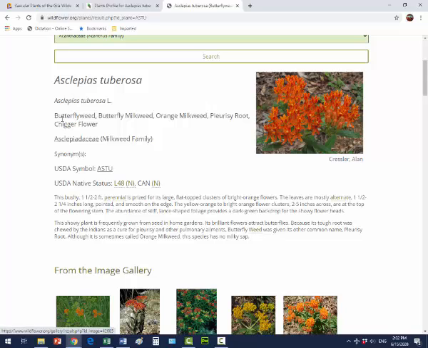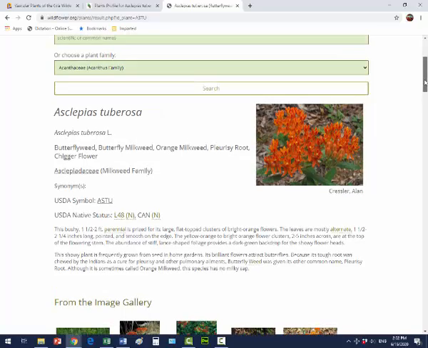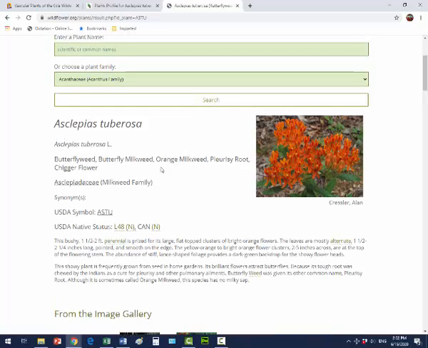Our butterfly milkweed. Oh wait, no, it's the butterfly weed. No, wait, maybe it's the orange. No, is it the pleurisy root? Oh no, it's chicory flower. What the heck is going on? Common names are awful. When you start getting into plants, you're going to be using that Latin name. It's not always Latin. There's some Greek in there, but let's just say scientific names, okay? So I just wanted to show you the problem with common names.